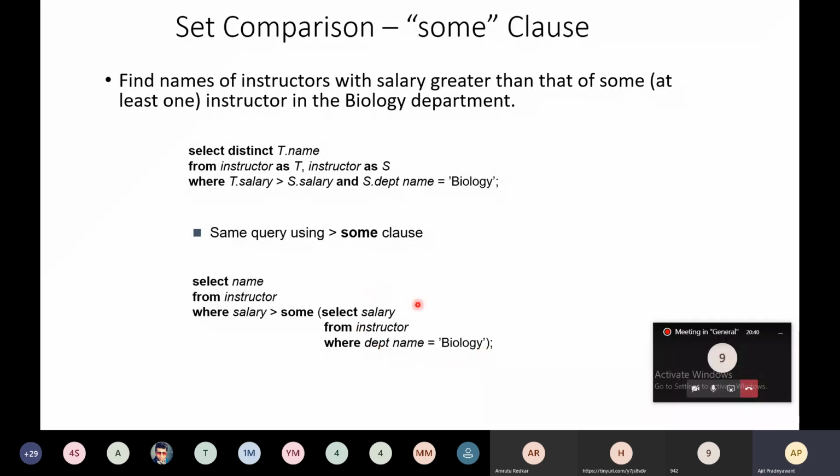At least one tuple should be retrieved by this query to check that the salary is greater than the salary of the instructor of the biology department. The result of this query and the previous query will be the same. The only thing is that we have made use of the sum clause in this query.